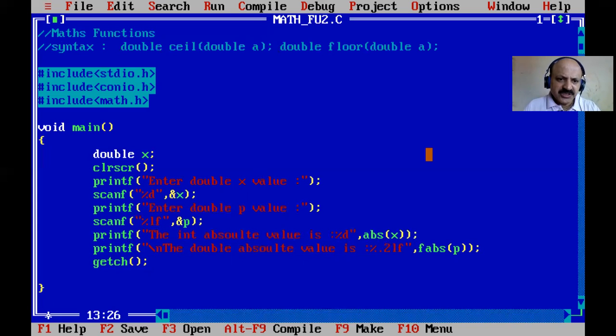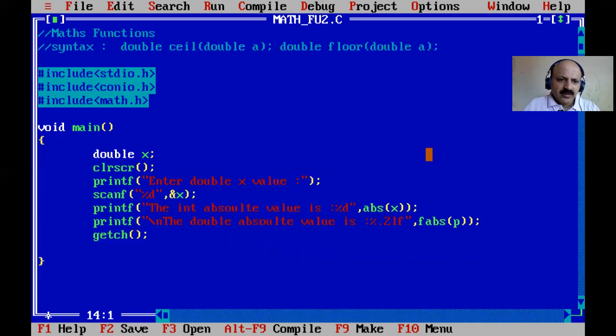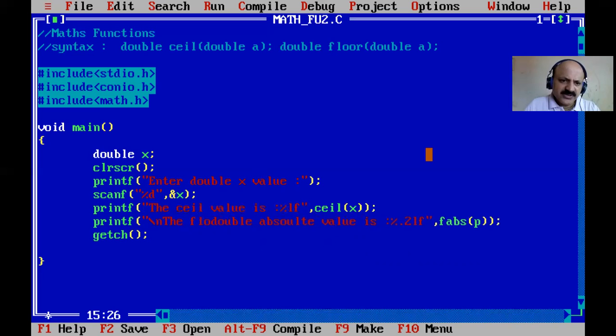So here we can change our file, and I just remove this, and we can take the first ceiling value. Okay, the value is already there, so percentage lf, and here we can use the ceiling and pass x, ready, and here we can use floor. You can first initialize and then print, that is also possible, but we can directly print first.